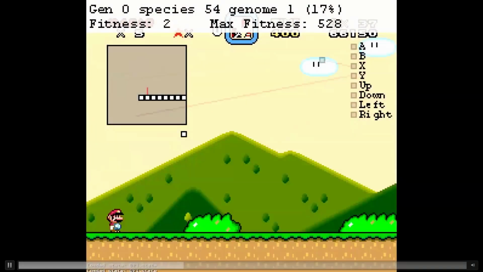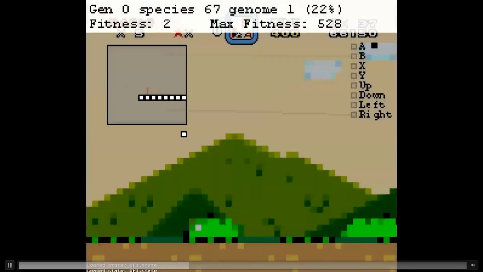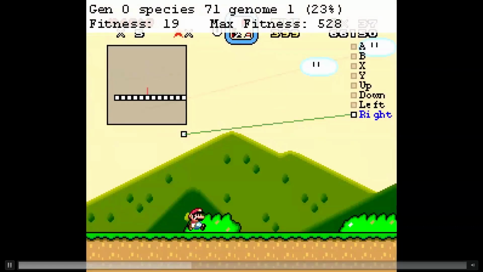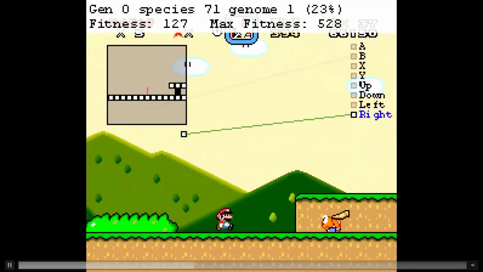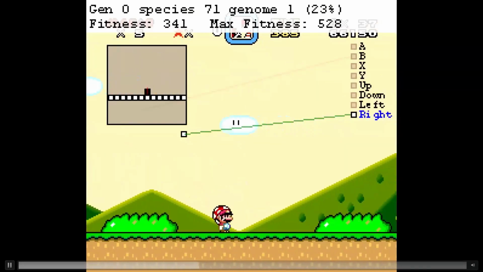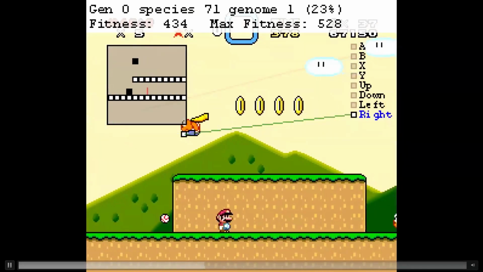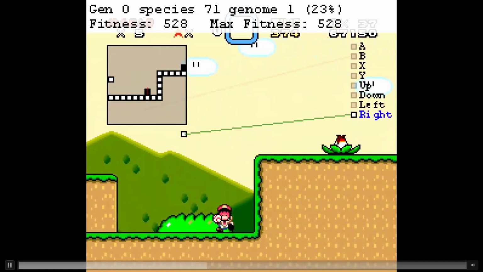Often it just stands there and doesn't even press any buttons. If Mario stands still for too long, it'll cut off the simulation and try the next neural network, so it's mostly just jumping from one simulation to the next. But occasionally, the neural network says to press the right button, and the player starts walking right. The behavior isn't complicated, but it's enough to make at least some progress in the level.